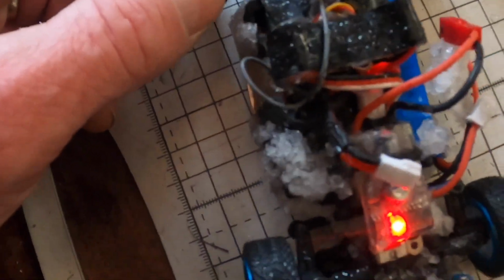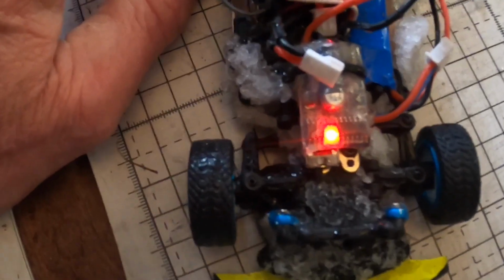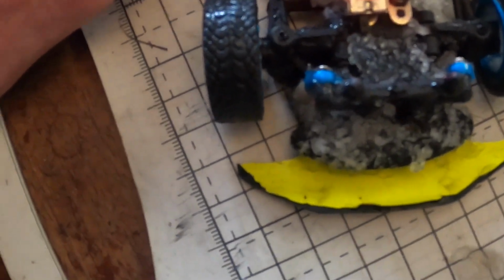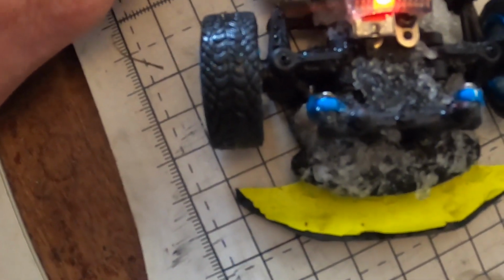Not really the best tyres for the weather, because all the ice is melting and there's water laying on top. But it's a good little car. I mean, the car's 40 quid, and what I've done to improve it, going off this other bloke's channel, is